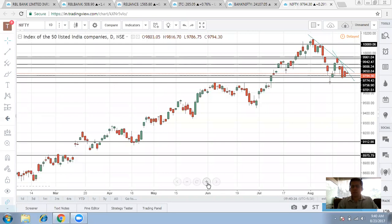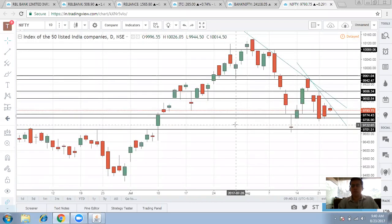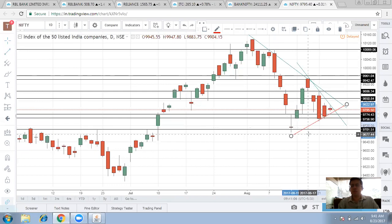As we were tracking it yesterday as well, it is basically in that support zone of 9,700 and 9,750. Right. There has been quick selling in the last 3 days, and the phase has also changed from 30 degree to 60 degree. Even today it opened gap up, but quick selling came across. Okay, so some kind of triangle formation is already in place. From a broader point of view, a triangle has been formed, and it will take some kind of breakout either on the downside or the upside of the triangle,